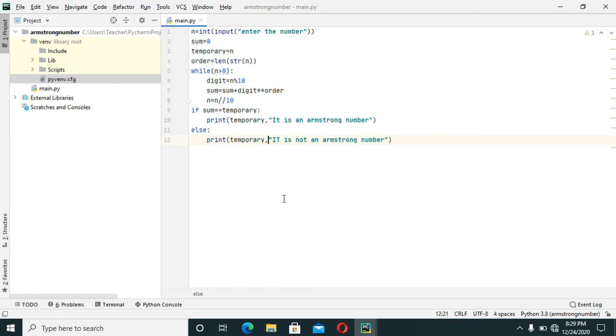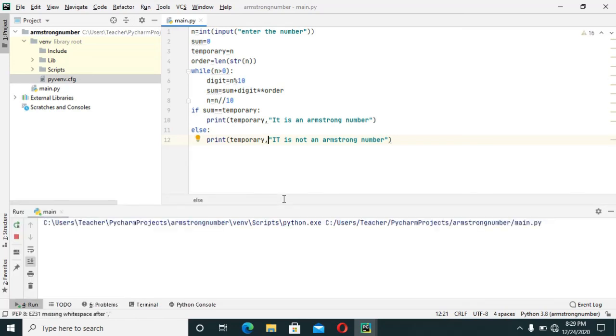So we have completed. Let's run our program. So we'll enter a number here. Let's enter 8208. Yes, 8208 is an Armstrong number. Let's rerun our program and check for other numbers.